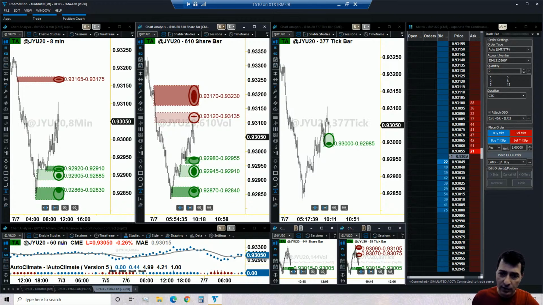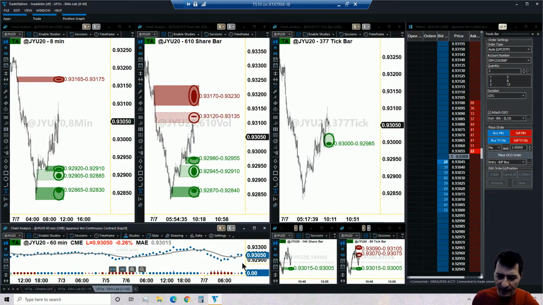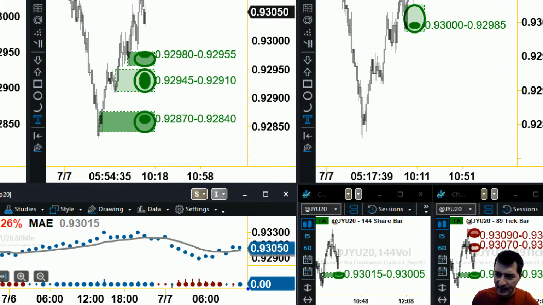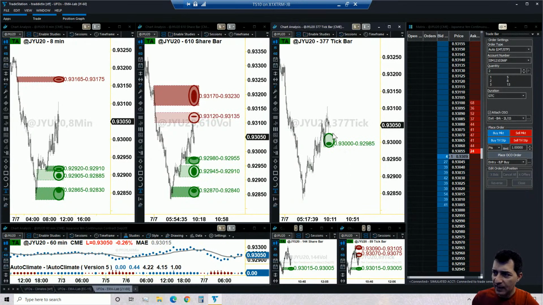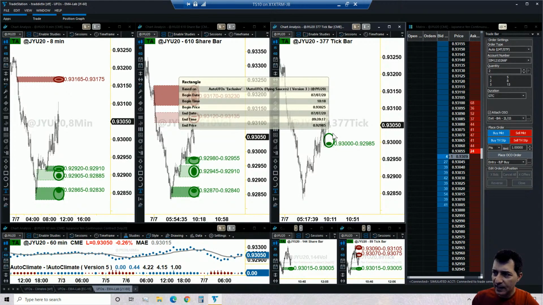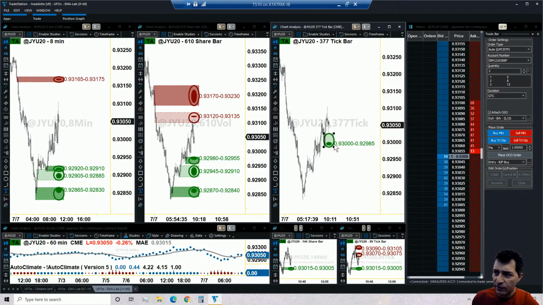Make sure you're using the right symbol. Notice the Japanese yen uses a 60-minute common time frame combined with the 8-minute edge time frame. So it's a different setup compared to other setups that we have. So what do we have? We have a climate which is confirmed and is blue, so we are supposed to be buyers. And for us to be buyers, we have a reference point which is 93.015. So 93.015, actually that UFO is 025 to 98. So this UFO qualifies as a valid entry. So we have an entry here.